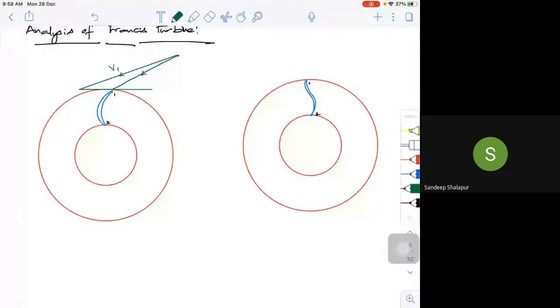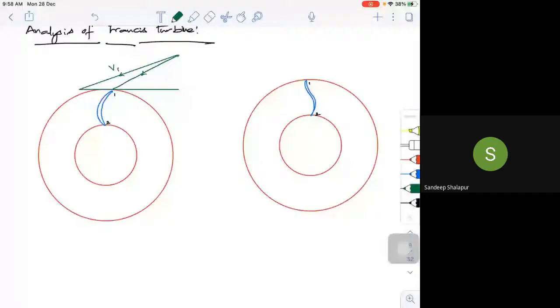So these are the components of the velocity triangle. One is the flow component, and the other one is the tangential component. So this will be my flow component of the triangle, and this is my VW1, and here I do have a beta 1. Okay, this is the VR1.